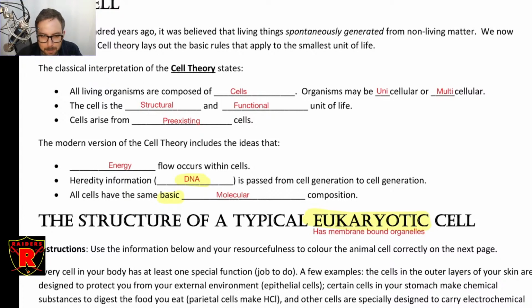Now, obviously, that's problematic, going back to what we were talking about in the diversity unit. If you go back through the phylogenetic tree and you trace the tree back and back and back, and all of a sudden you get to the origin, the first cell. Where did that cell come from, if all cells arise from pre-existing cells? Great question. So I think I mentioned this back in the diversity unit. We don't really know the answer to that question.